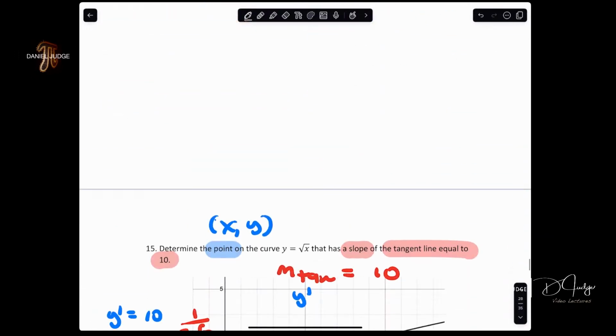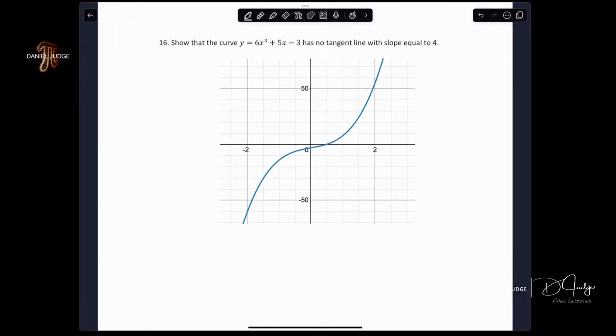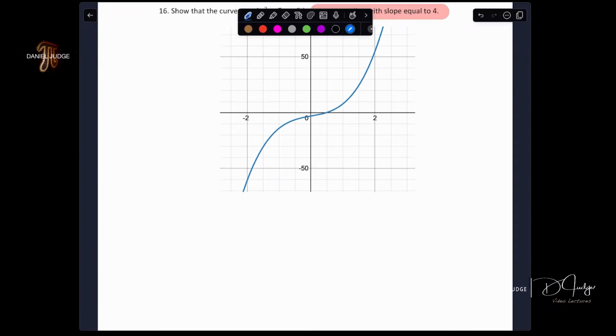All right, well, we did 15. And we got 16, which is a very similar question. It says show that the curve here has no tangent line with slope equal to 4. What does that mean? That means m tangent could never equal 4. Okay, show that this curve has no tangent line that has a slope that is equal to 4. M tangent does not equal 4. We need M tangent. So